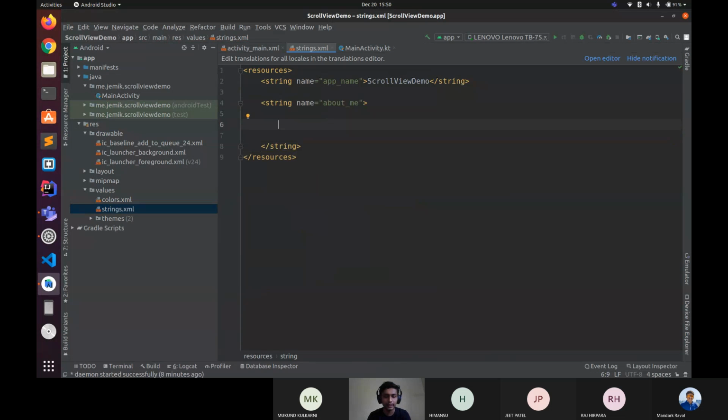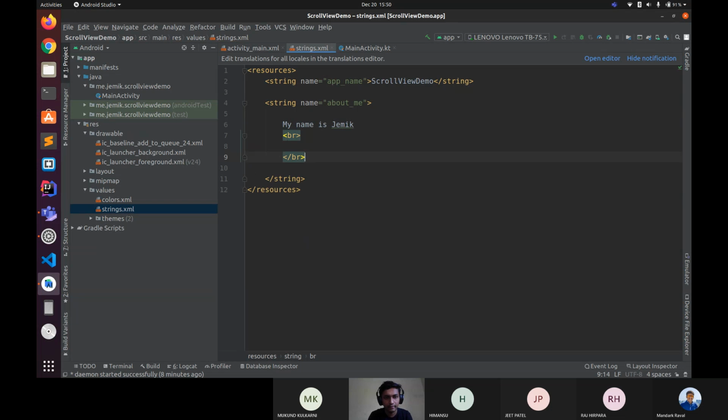So what string do we need to display there? So first I will add, my name is Jamix. Then br suggests a line break. We can add that, or we can add hyphen /n instead. /n. I am currently